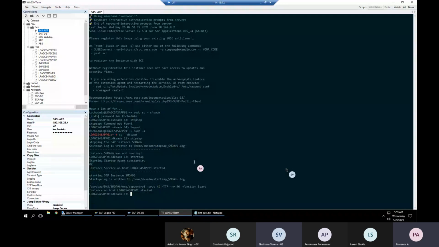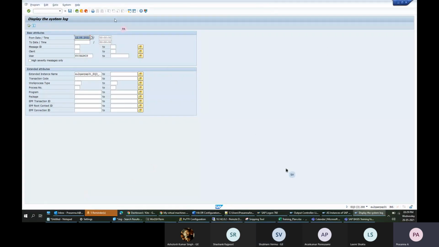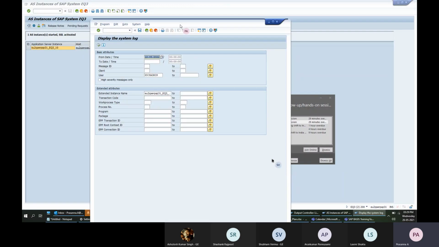So I am asking that in your system in Linux only we can perform SAP operations, and on the other system we can only see the content. Yeah, the start and stop has to be done where SAP is installed. Since SAP is installed on this server, we go to this server and start SAP or stop SAP. For this screen you are asking, right? We use it for seeing tables and logs.